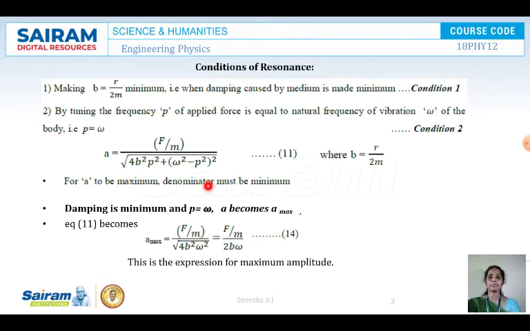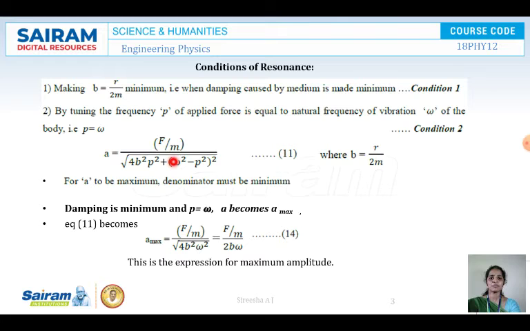Two conditions: B equal to R by 2M is minimum, and P is equal to omega. So when damping is minimum and P is equal to omega, A becomes A maximum. So substituting the values over here, A becomes A maximum, F by M and 4B square into omega square is equal to